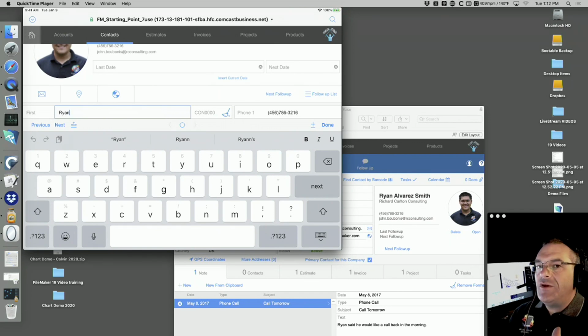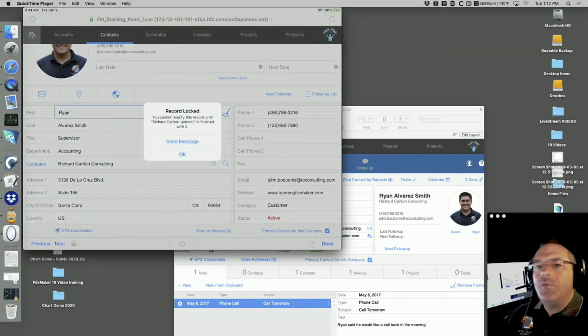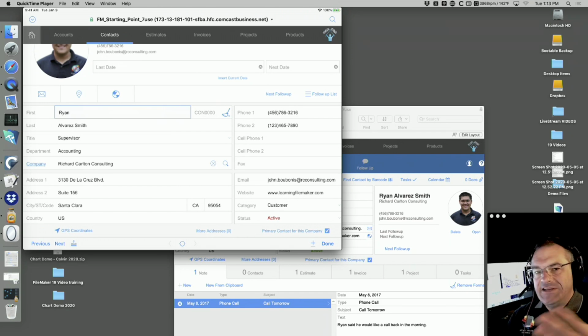But the server doesn't know anything yet. As soon as I press another letter, that's us saying, hey, we want to be on the runway too. I press a button, we get a record lock indicator, which means that someone else is on the runway, you have to wait your turn. We say, okay. And so what it does, it kind of unwinds us and denies us the ability to edit